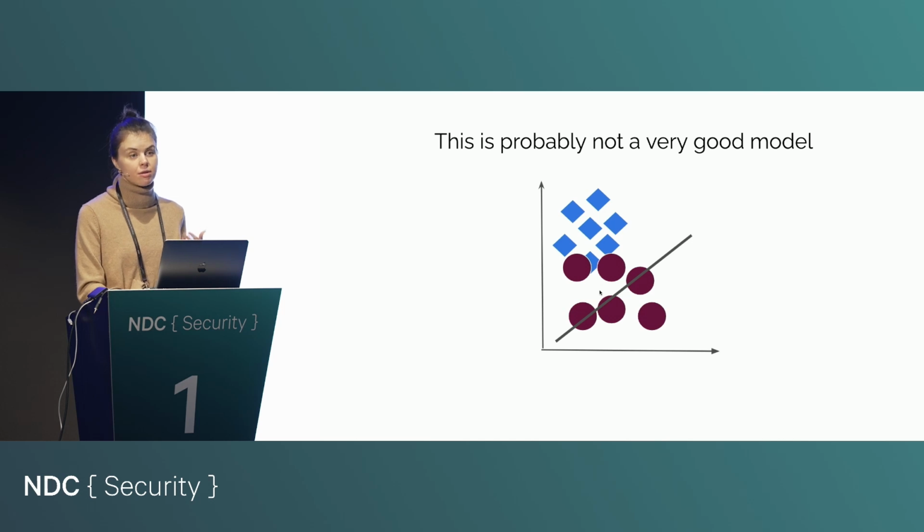Now, of course, this model is really poor because, as we already see, just on the training data where we know the ground truth, so we know which of these are malware and which are benign, we can already see that because the line bisects the space, some of the malicious examples actually fall on the side of the benign class. So it's not a very good model at all, but this is basically a model.